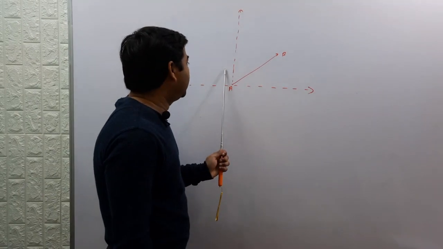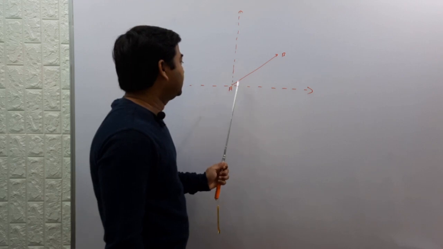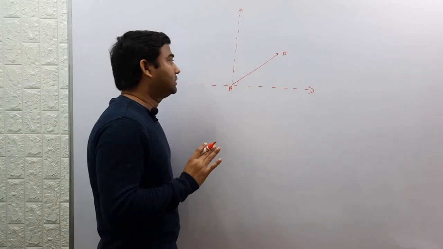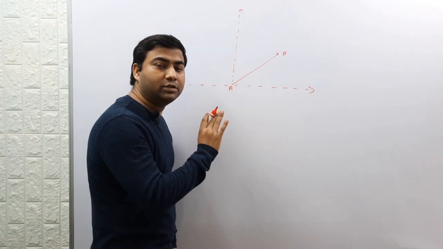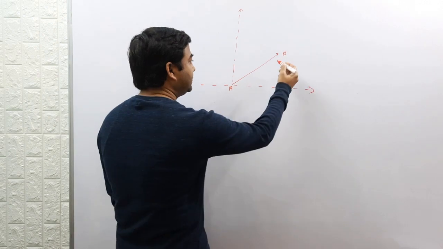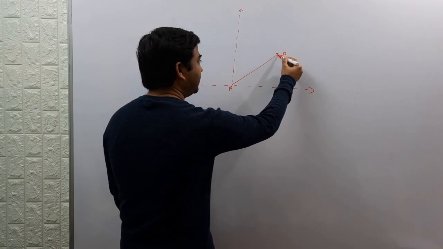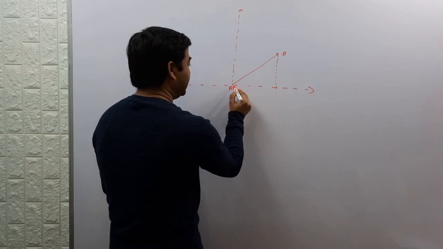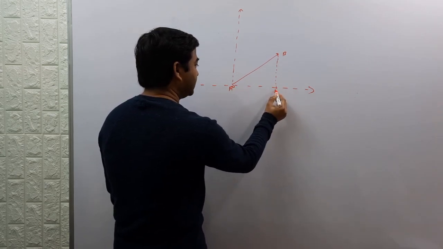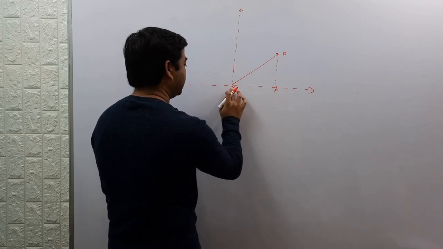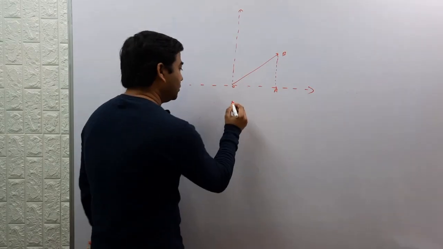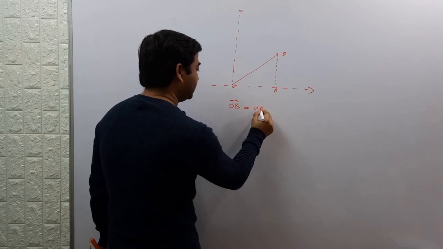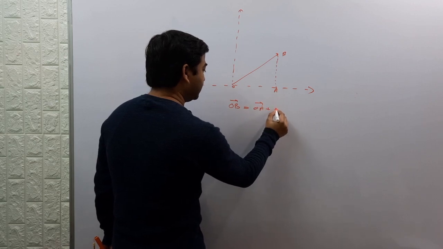So for this combination of given perpendicular directions, there will be fixed components of this given vector, fixed perpendicular components. So you just draw a perpendicular from this point on this line, let this be O, this be A. So vector OB is equal to vector OA plus vector AB,